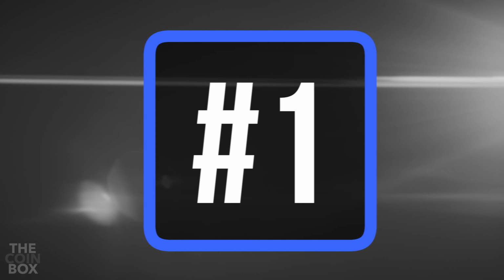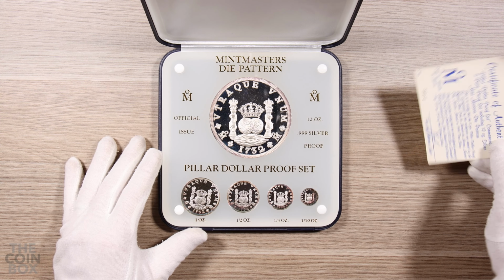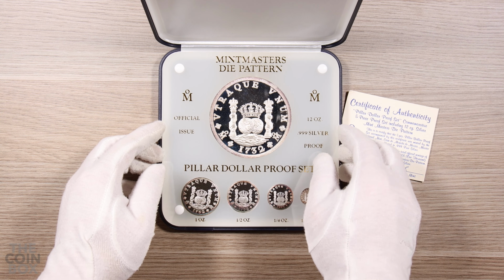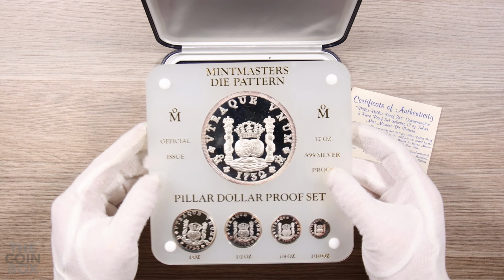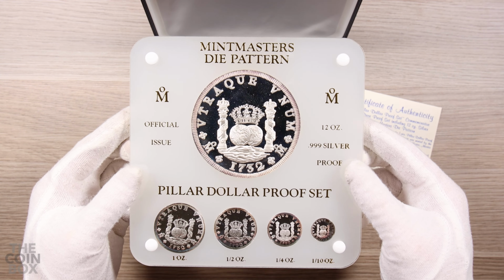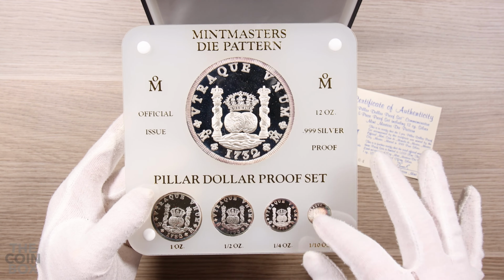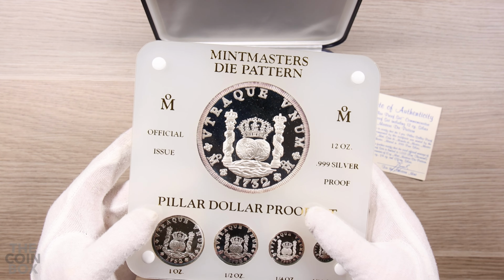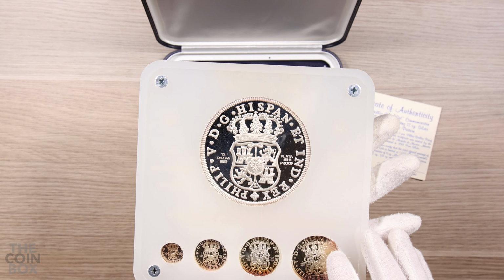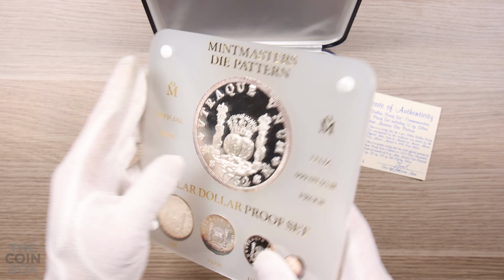And finally, at the number 1 spot on this list, my favorite coin set is not even technically a coin set. It's more of a metals set, but it's a Mint Masters die pattern pillar dollar proof set. I will have to say, this set is one of those items which kind of grew on me, and that's probably an understatement considering it's at the number 1 spot on this list. But I think at first what I didn't really love about it was that they weren't actually coins. They were just metals. I say just metals, but you know. But I will have to say that the fact that there's a 12-ounce piece and then fractionals included,